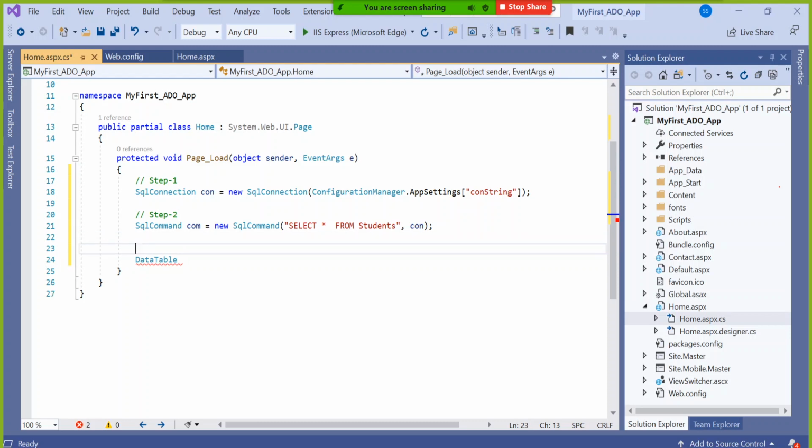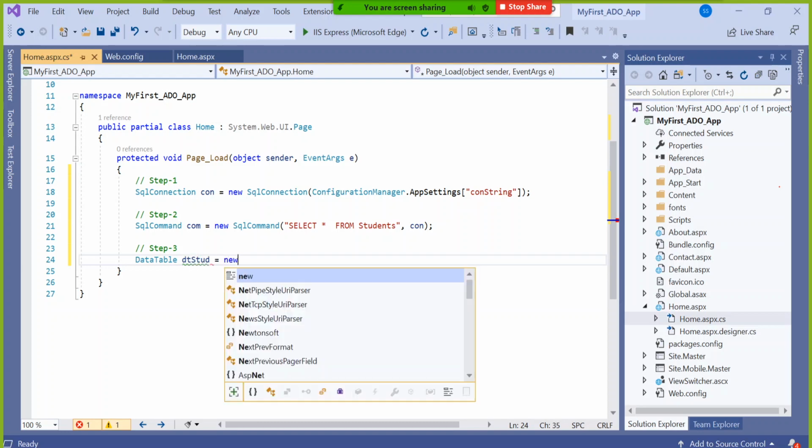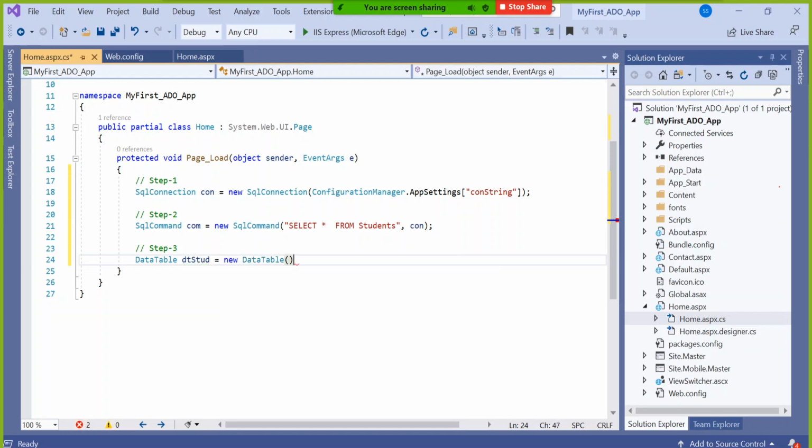So step number 3, say some object name, let's say DT student equal to new data table. Nothing to say more, that's it. That means when data will come, my DT student is going to hold it.